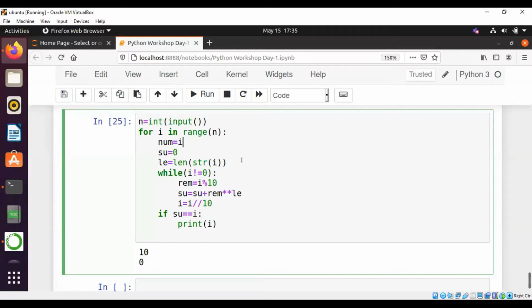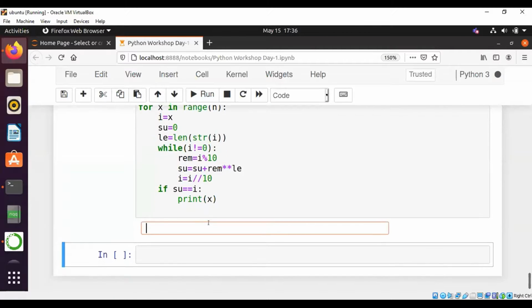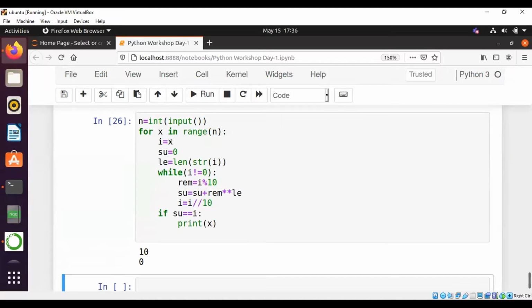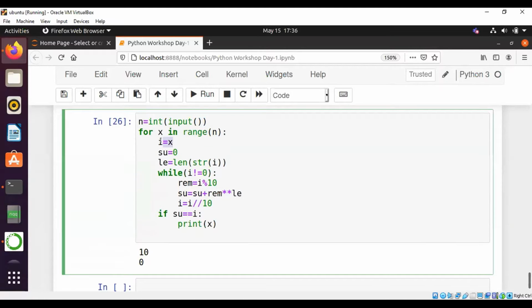You have used the i variable in the for loop and the same i variable is changing in the while loop also. I'll do this x and I'll change it, so you can print it by x. So until, no, I think we are shallow copying here. No, we are directly copying here. So it's changing both the values when we change one value.